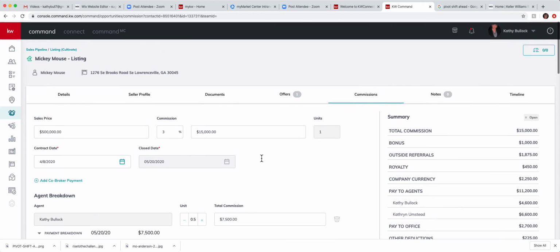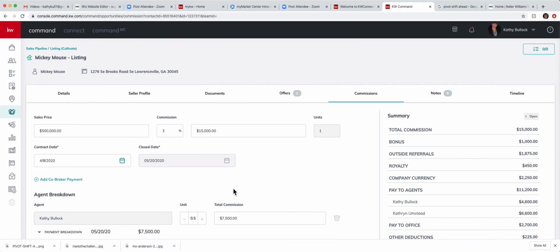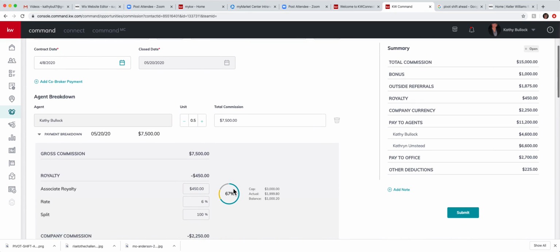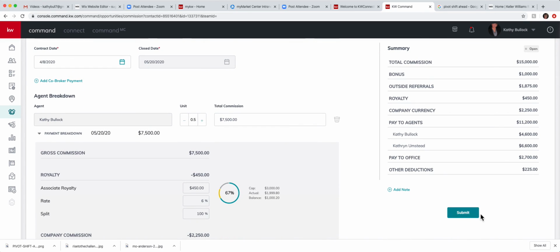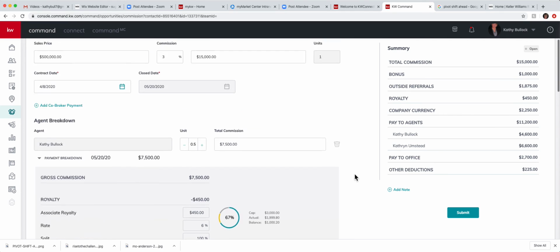Once you have done everything and you're ready to go, whether it's just a single commission or you are splitting it with somebody, the last step is definitely to hit the submit button, because our commission tab is live. And so once you hit this submit button, it's going to go into the MCA's office and be geared up,